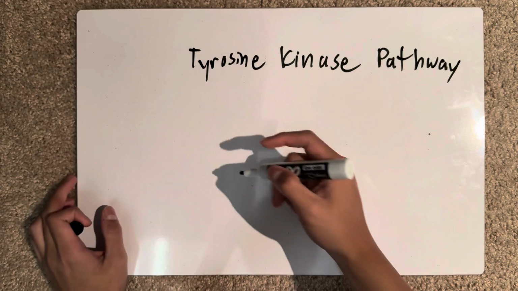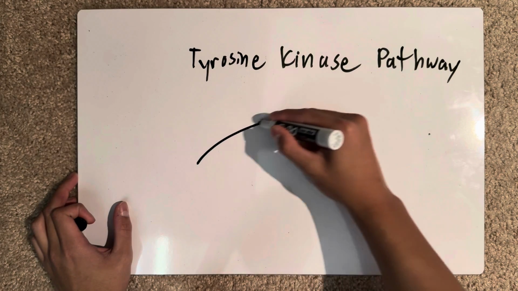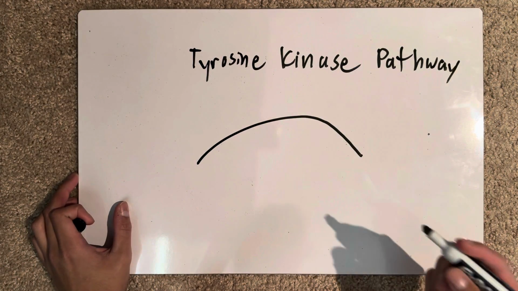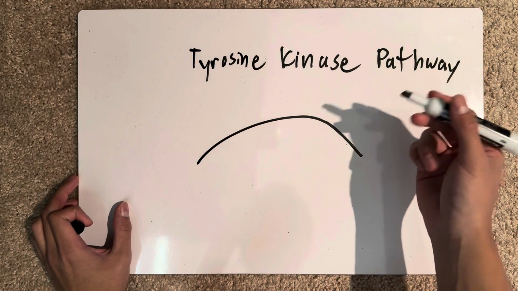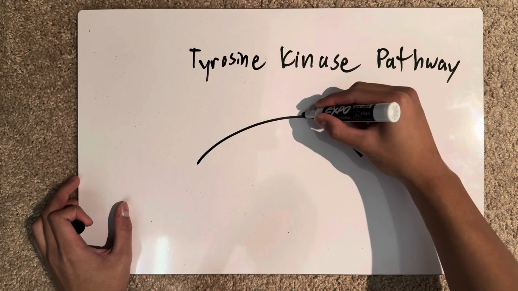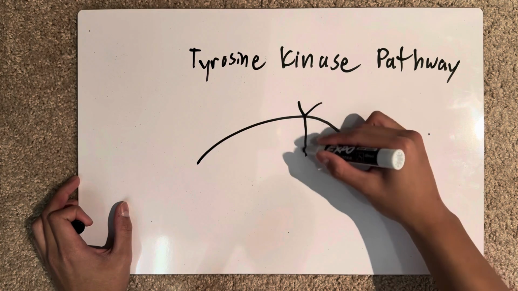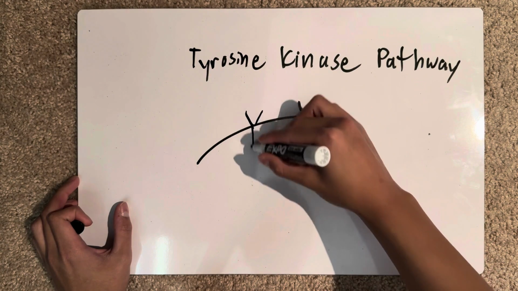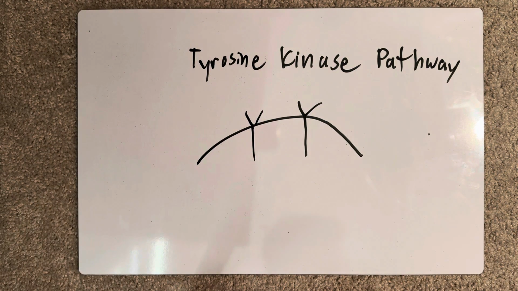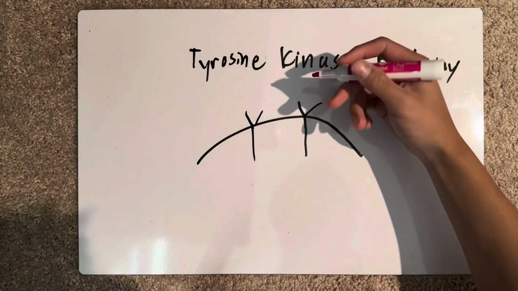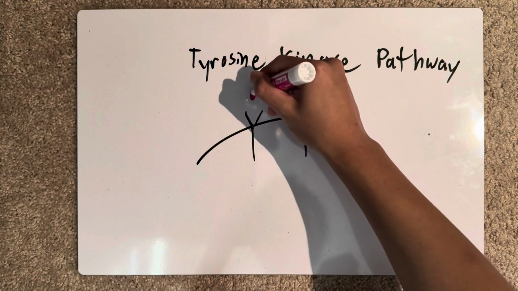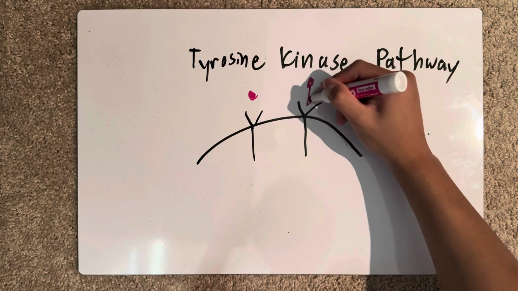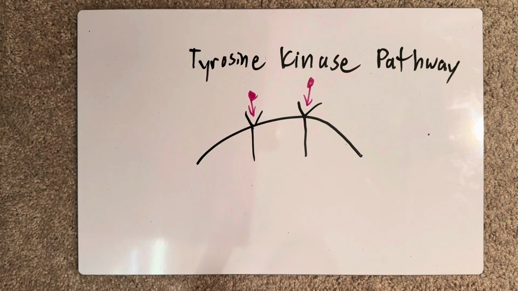So imagine we had a cell membrane. There are two receptors, which are called the tyrosine kinase receptors. So we'll just say like that. And just like the G protein, it gets a message from the ligands. And then the ligands attach to the binding site. Whenever it attaches to the binding site,